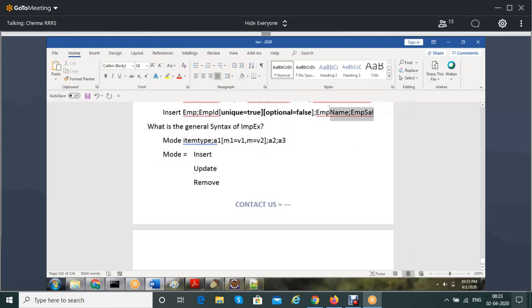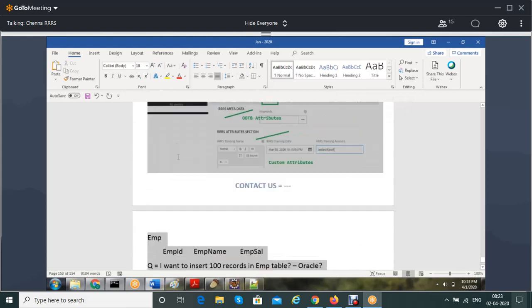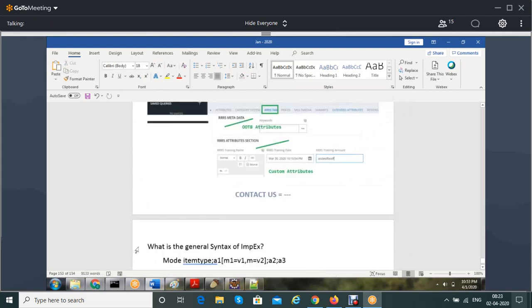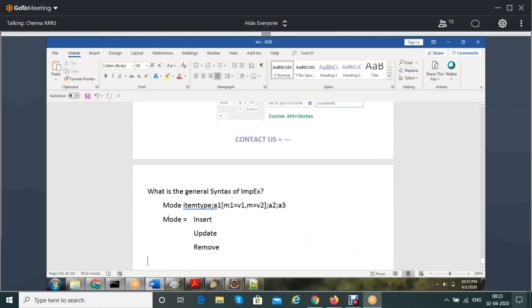So the general syntax is mode, then item type. Item type means what we have in the DB design. Attribute name, then modifier, just now I told you. So modes are nothing but insert, update, remove, or insert underscore update.